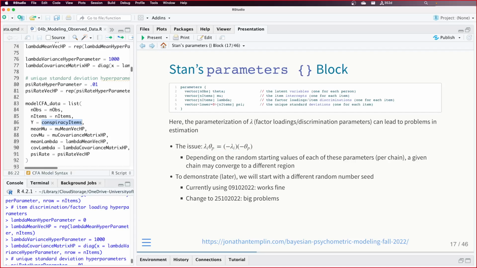But it turns out lambda times theta is actually equivalent to negative lambda times negative theta. What does that mean? They give you the same values. Why this is important in the Bayesian sense: remember, we're sampling from a distribution, and we have to start randomly where we sample. And it basically forms two modes of a distribution, two big,